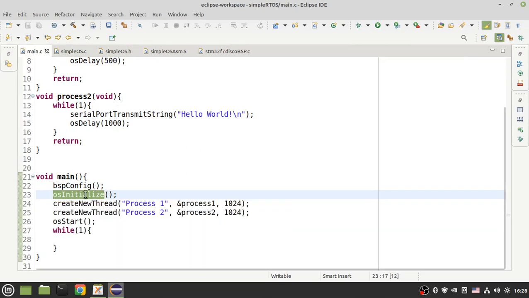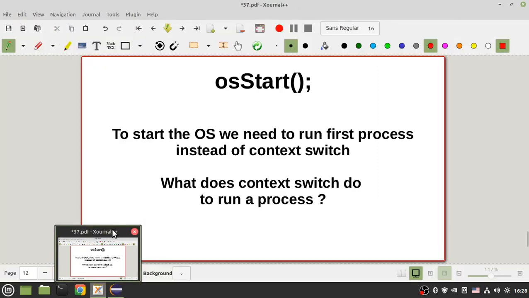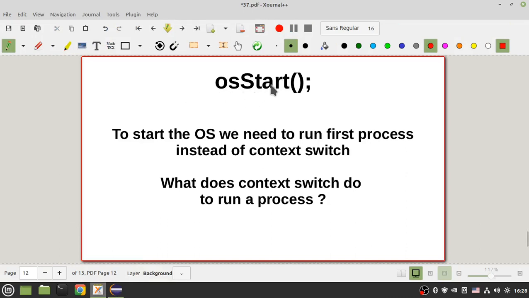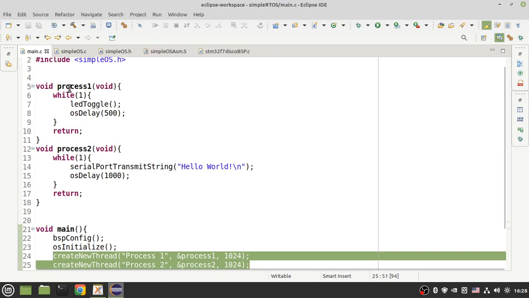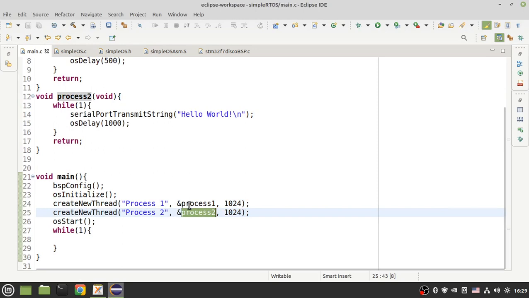First call OS initialize to do some initialization on variables. After that, create new threads. You can create new threads, okay. But the next function, osStart, is an important function in my operating system, okay. To start the operating system, we need to run the first process, okay. First process, for example, here in my example, process 1 is the first process because it was added before process 2, okay. Here is the first process, so you need to run the first process,